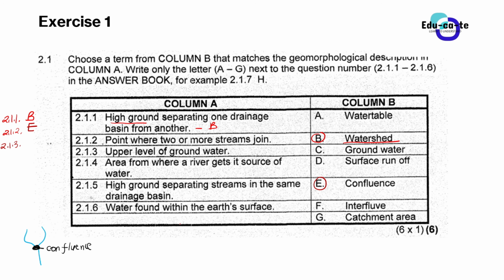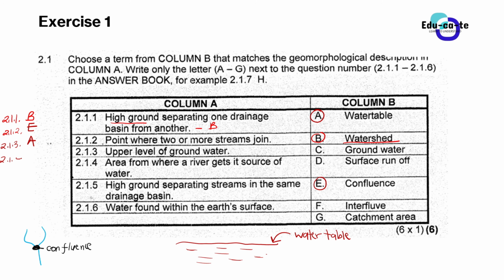It is just like we have got groundwater underground here. This is groundwater, this is groundwater, this is groundwater. And then we look at the topmost level of the groundwater. It is known as a water table. So just remember water table, that is the higher ground. In this case, water table in column B corresponds to letter A. So you're just going to write A.